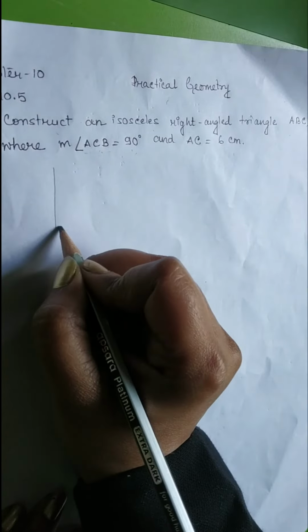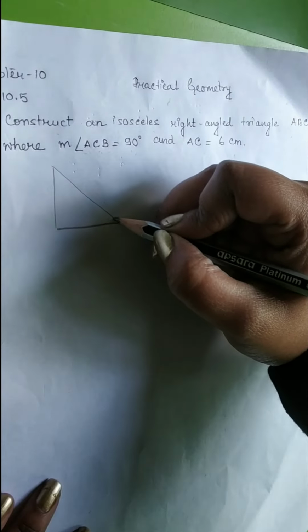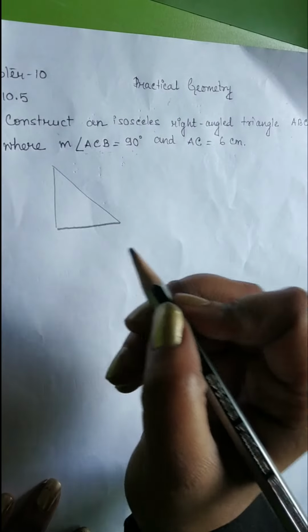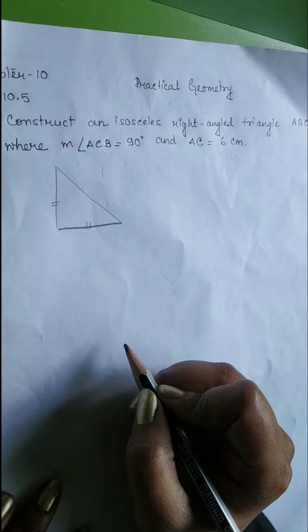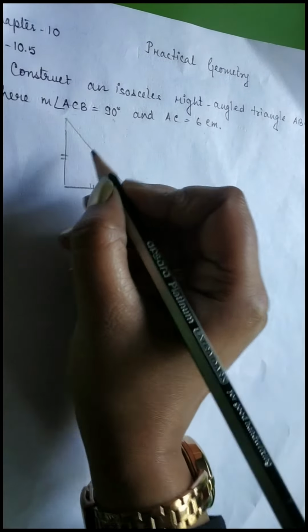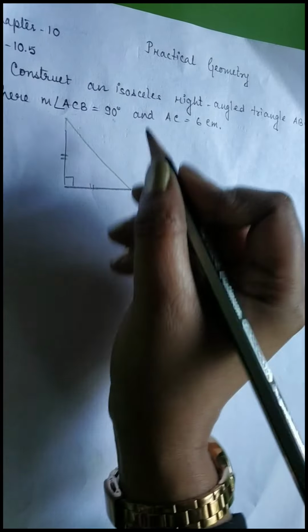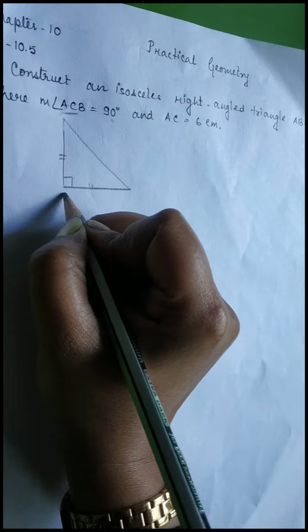So isosceles means a triangle in which two sides are of equal length. Suppose this is an isosceles right angle triangle in which this side and this side are of equal length. So this is an isosceles right angle triangle. Here, according to the question, angle C is 90 degrees. Suppose this is